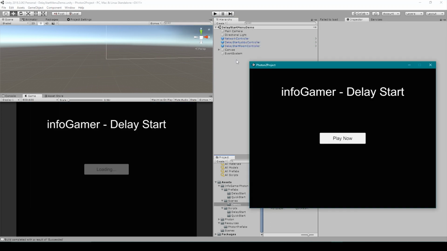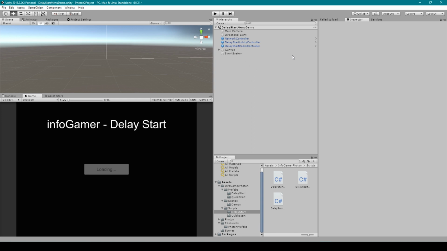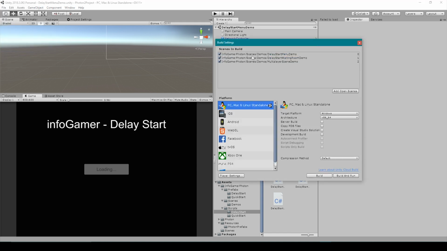Now after all of this, you should have a working delay start matchmaking system, and I'd like to demonstrate it one more time. But before I hit the play button, let me show you the build order of our delay start system. So I'm going to go to File, Build Settings. First scene that we have in our build order is the delay start menu demo. The second scene is the delay start waiting room demo. And the third scene is the multiplayer scene demo. So once you have these scenes added to your scenes in build, we can then close our build settings and